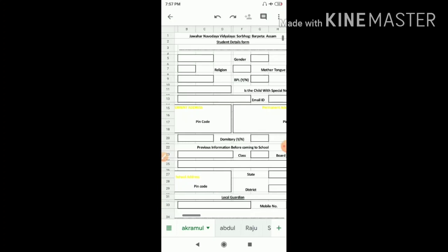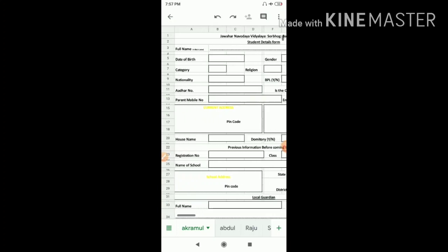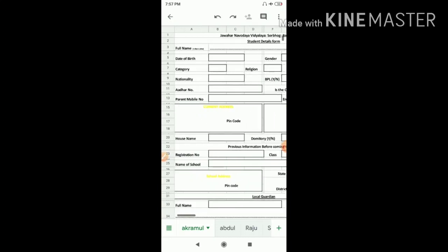A lot of details are required, and that will be uploaded in the website, so that our school will have the details of all the students. The similar thing is done also for the teachers.